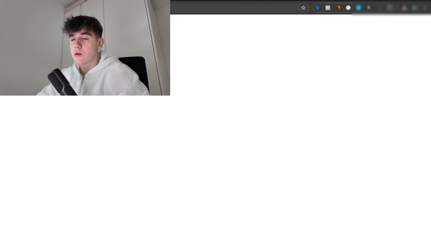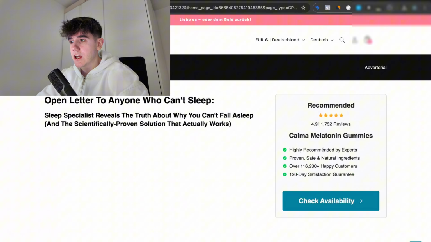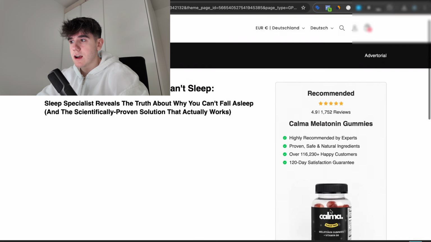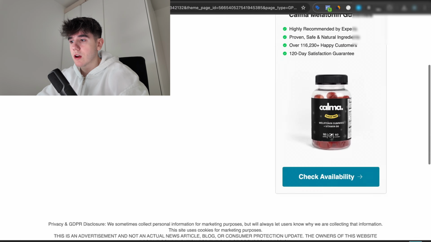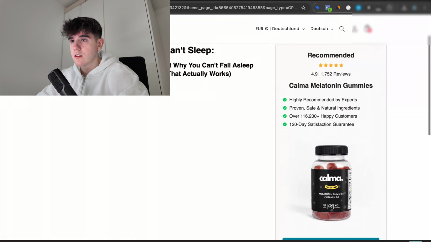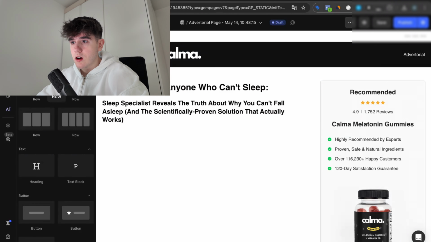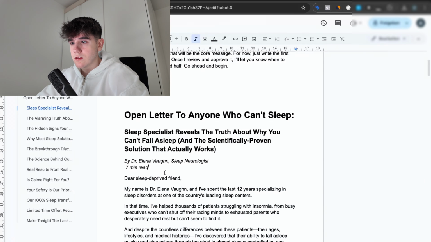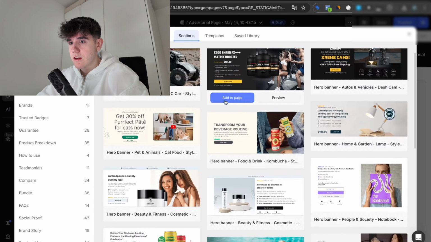Let me just quickly preview how it would look technically once it's done. But I like this little check availability on the right side of this whole thing here. I like that. And then, okay, no, this is gonna look pretty decent, I think. Yeah. So how do I add in? Oh, okay, like this. All right. So the next thing is this little doctor thing. So I'm gonna do templates, and then